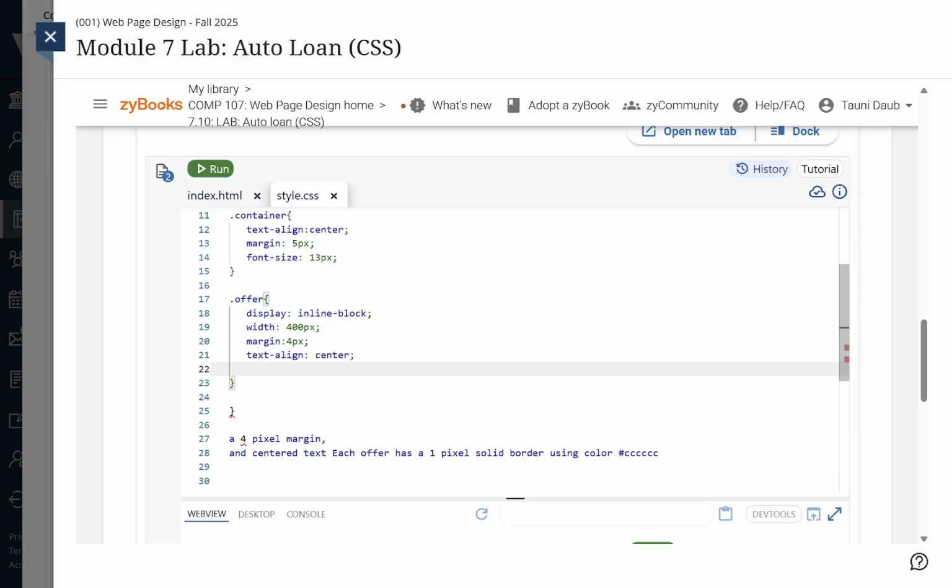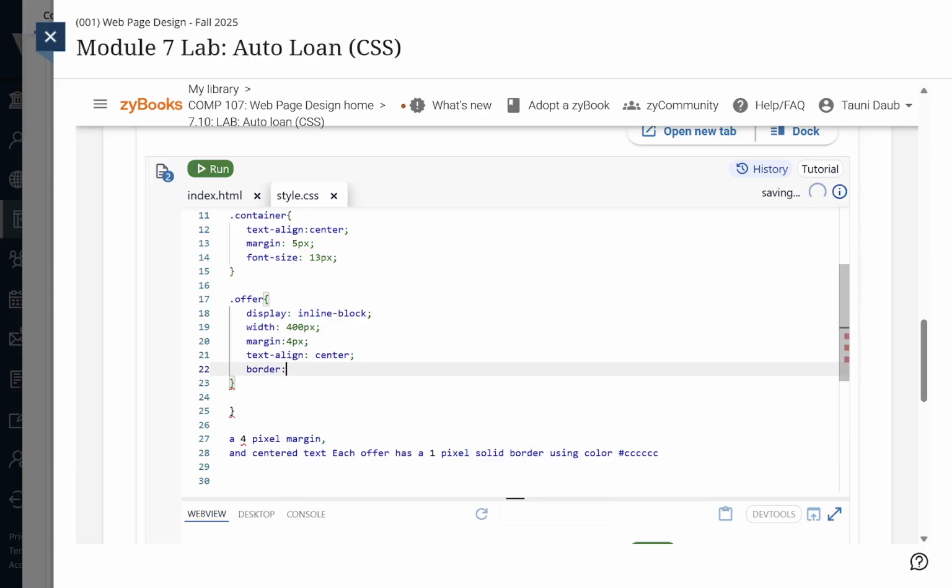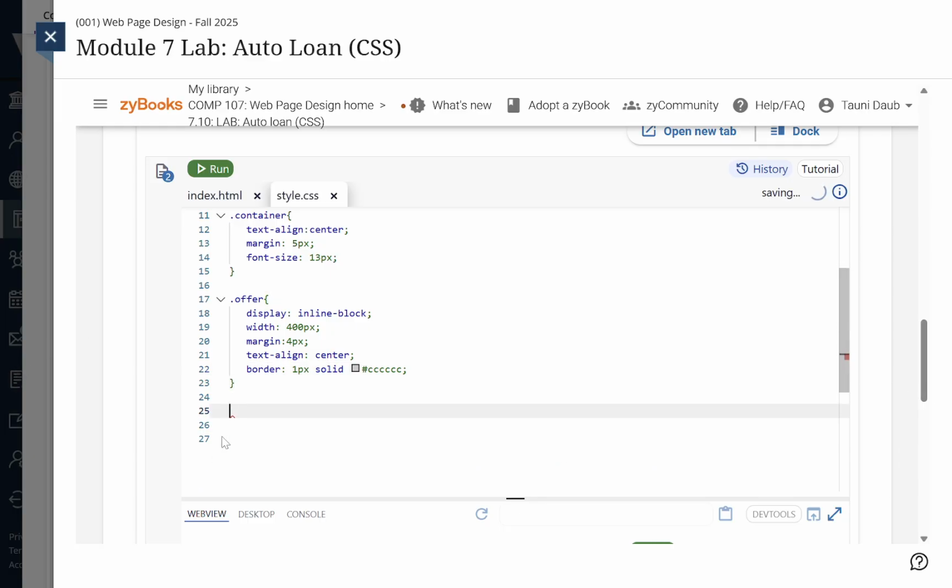All right, so border, and we're going to put all of our things in our border. It's going to be 1 px, and it's going to be solid, and then the color is 6 C's. I saw it did that when I made the other thing. All right,